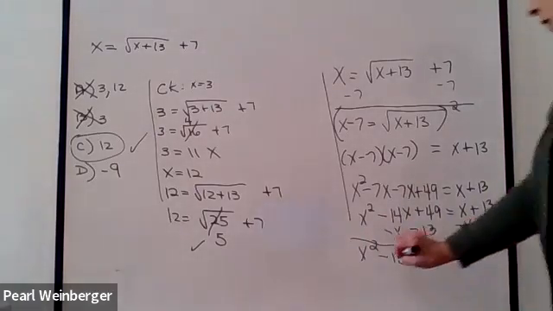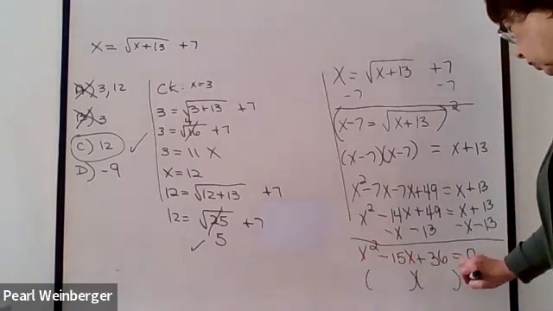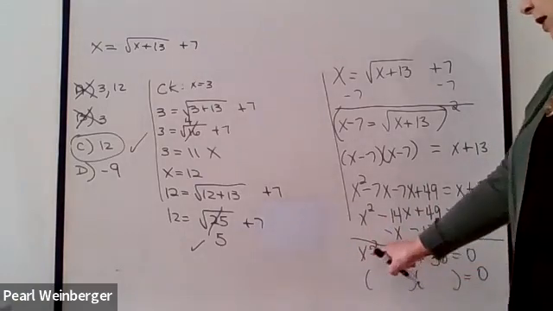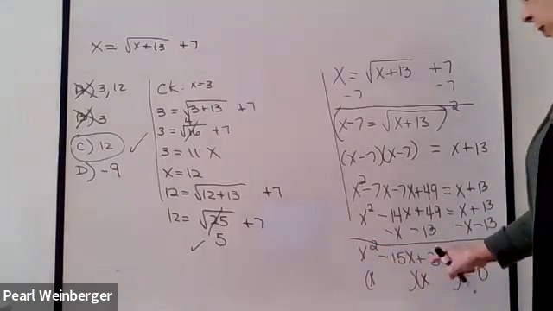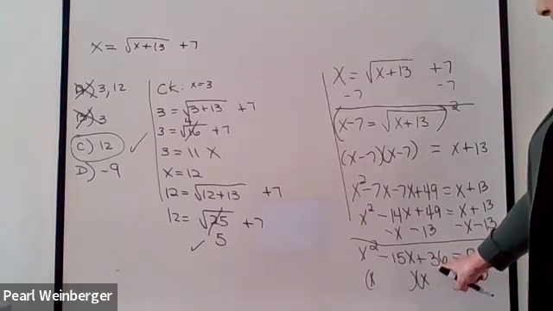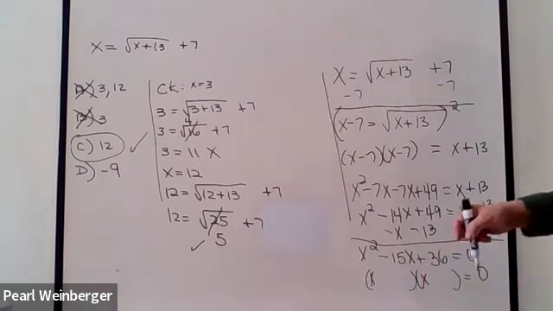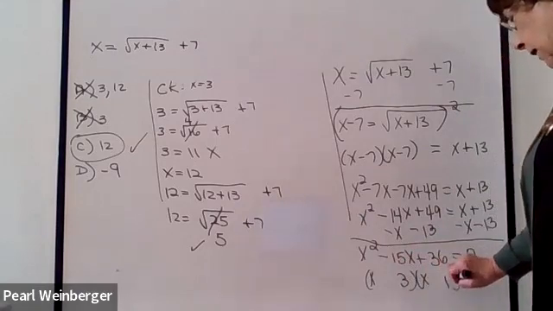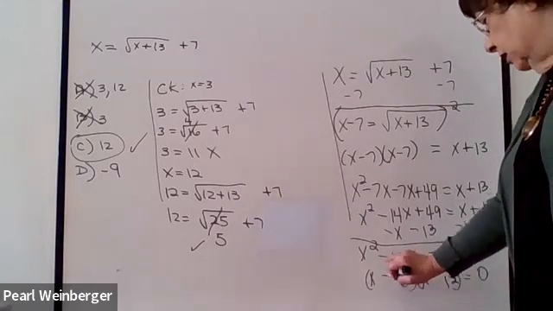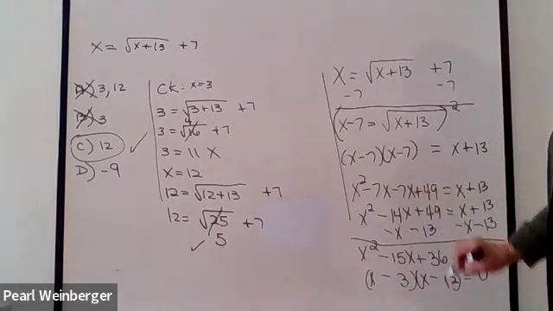And now I've got to factor this. And this is x squared, so I'm going to break it up into x and x. The last term is plus. So I'm looking for numbers that multiply to 36 and add to 15. Well, I think you can realize that that's 3 and 12. And they're both going to have to be minuses in order for this middle term to be minus, which will give me